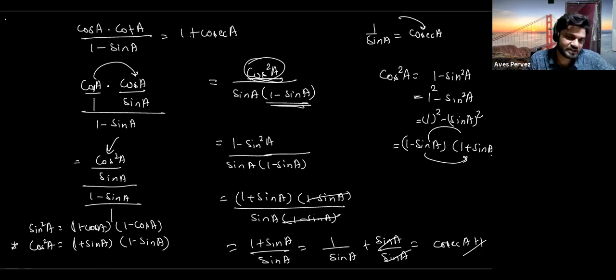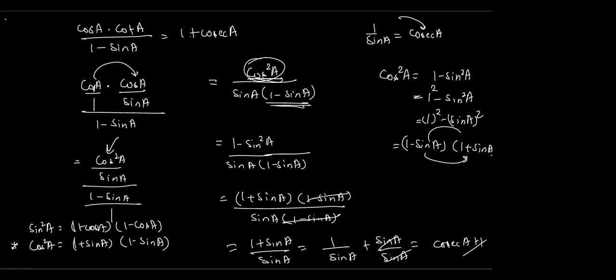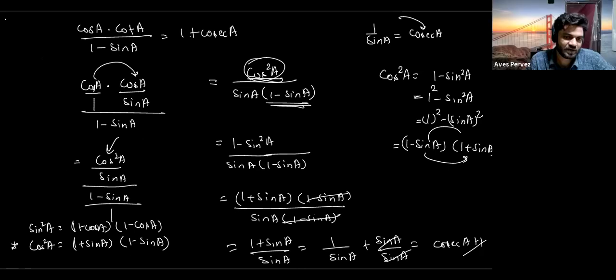And in a similar way, sin a is already in its simplest form. There is no need to change it. So you can write it 1 upon sin a. Okay, you can write it 1 upon 1 minus sin a. This is the second fraction. I have written this is the numerator and this is the denominator.